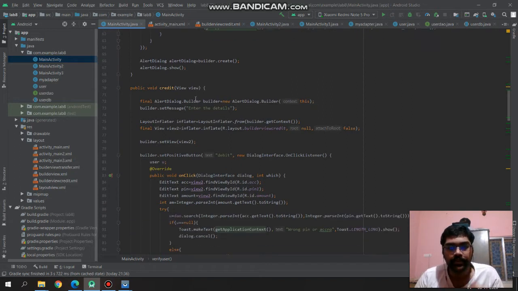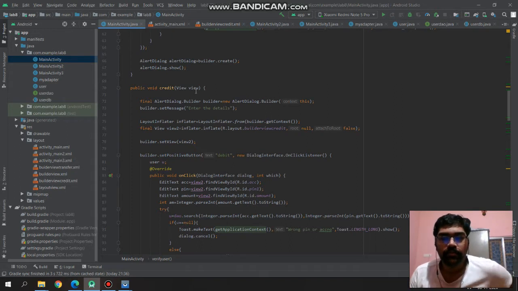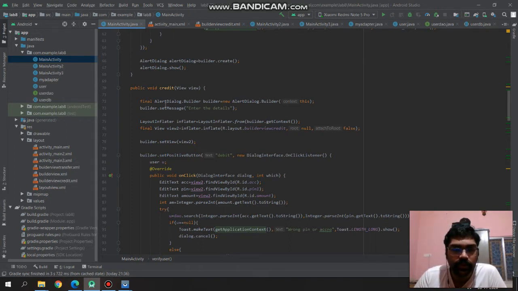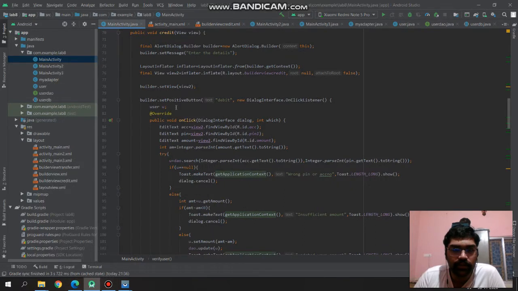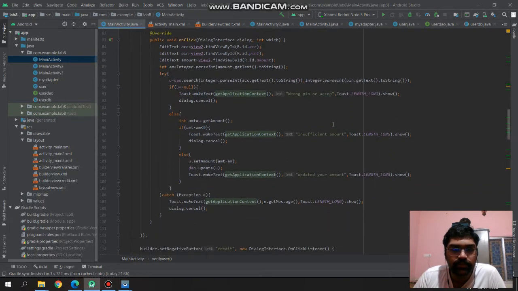And in credit, again we have to make an alert dialog box, and we are making a layout inflater with default layout, and then we are inflating the view with the default layout. Then for positive button, we are setting the dialog, and we are setting that view, and we are taking that amount in the string.text.